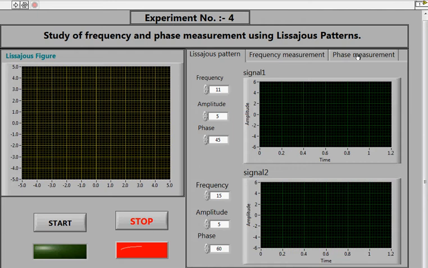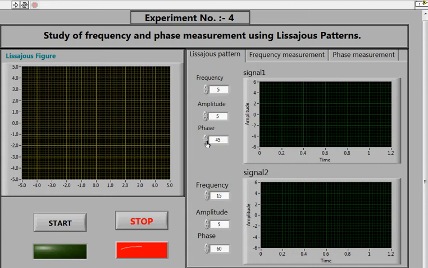Before starting an experiment, you have to set some values. You can select any value of your own choice. Suppose I select 5 to be the frequency of the first signal, the amplitude 5, and the phase of that signal 45 degrees.